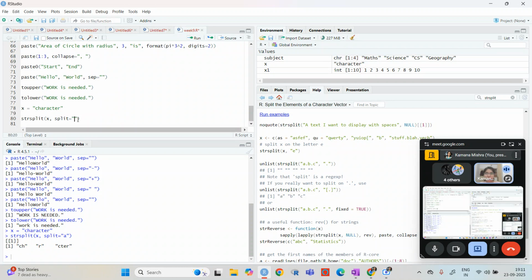So if I do, let's say, C, C is also coming two times, so it is going to separate into three, right? So C, and because there was a space just after that when starting, then HARA, and then C, and then DER.